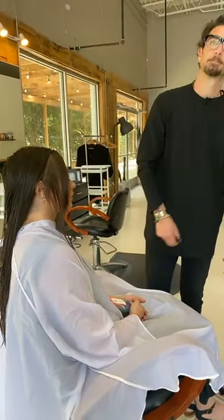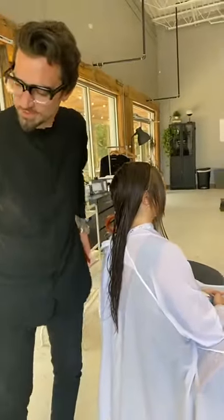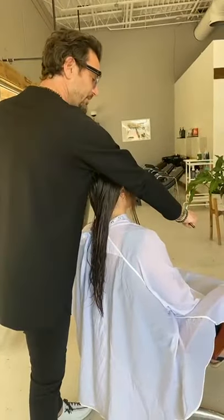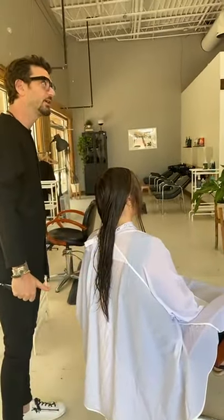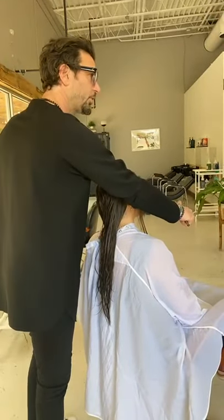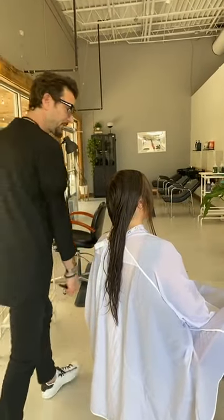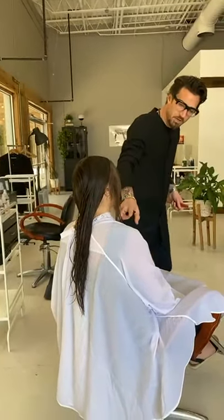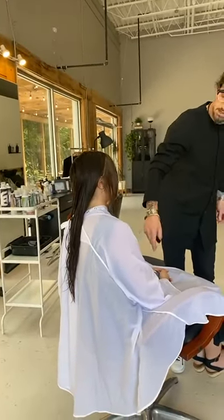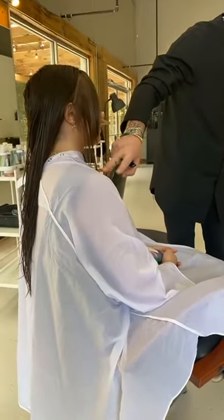So I might have missed this, but why did you decide to start in the front versus the back? Yeah, that's a great question, because I'm going to be working a round shape, and generally round shapes are going to be shorter in the front and gradually get longer through the back. So I'm going to utilize my shortest point, working over direction forward to begin to build out this roundness. We can see that there's a pretty big drop off between that front fringe area and this second area. And I know if I were to connect from this point down, I'd probably create